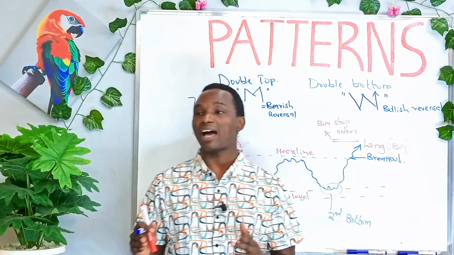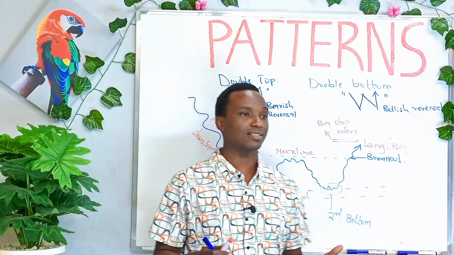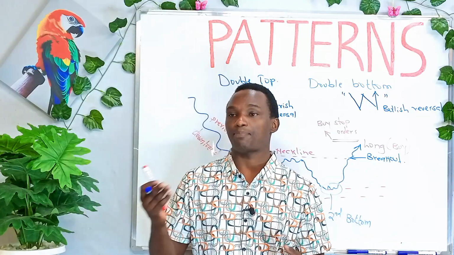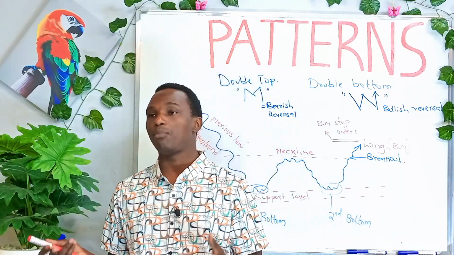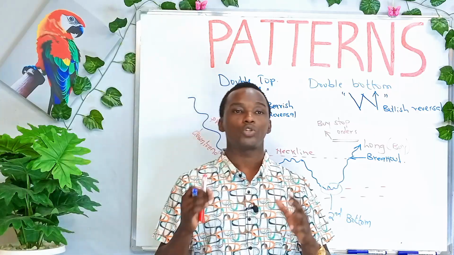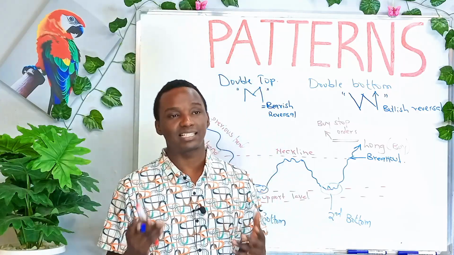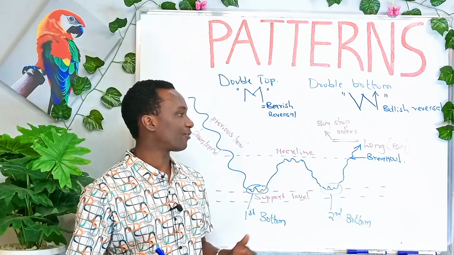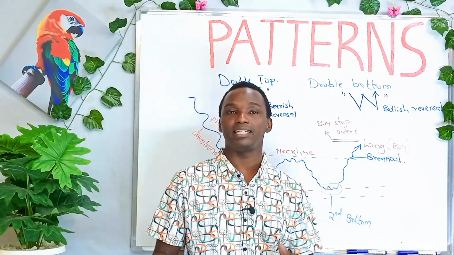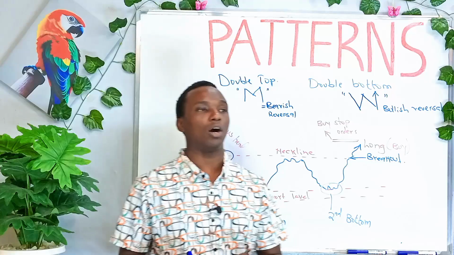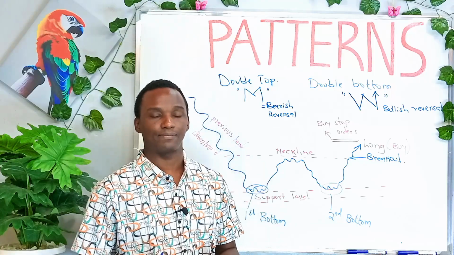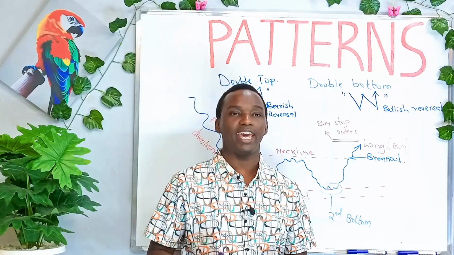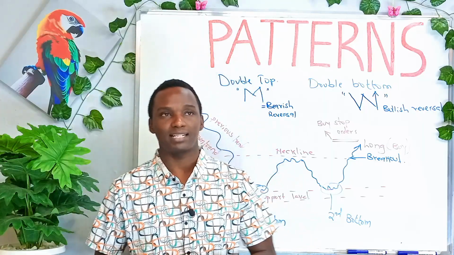We use them with other technical analysis like the support and resistance levels, supply and demand levels, order blocks, fair value gaps, to come up with decisions that will help us to trade successfully and consistently, getting money out of those markets. Okay, so next let us look at the head and shoulder patterns. All right,